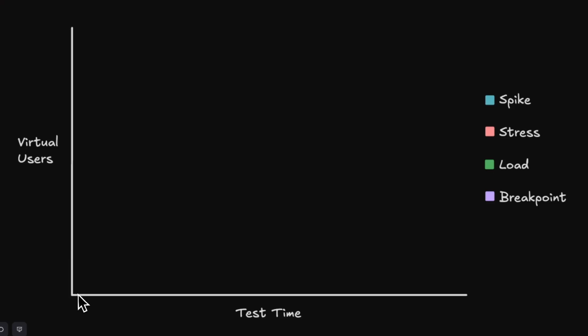The article mentions more tests that were run, but the results focus on two main tests. This is a load test and a series of breakpoint tests, so we're going to focus on these. So a breakpoint test is important because it allows us to check the max capacity of our system before it begins to perform poorly. This is done in a series of stages, and what we do here is we first